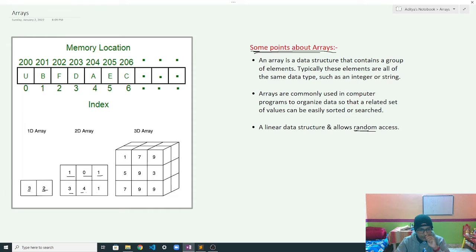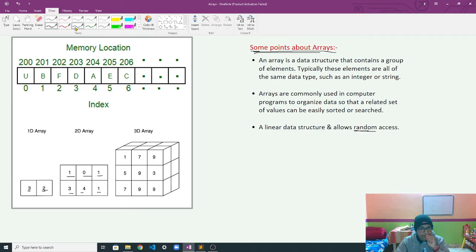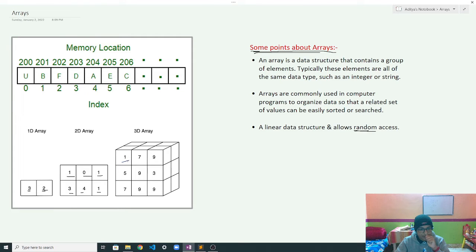So this is a 2-dimensional array, and this is a 3-dimensional array, in which there are 3 rows and 3 columns. So these are basically the types of arrays. First is the one-dimensional array, and the 2D array or 3D array, which you can also call multi-dimensional arrays.